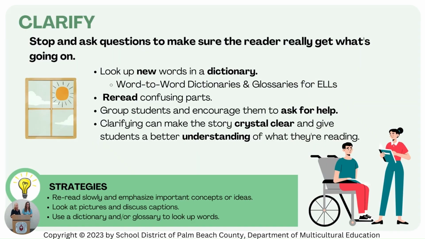So one strategy we have for discussing meaning is to clarify. This is where you stop and pause and ask questions. Make sure the reader really gets what's going on in that text. So during the reading process, and it's not an independent task, take time to look up words in the dictionary, use word-to-word glossaries and dictionaries for our Ls, reread confusing parts,